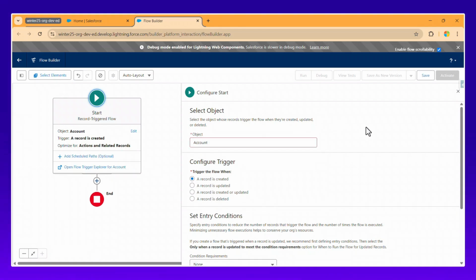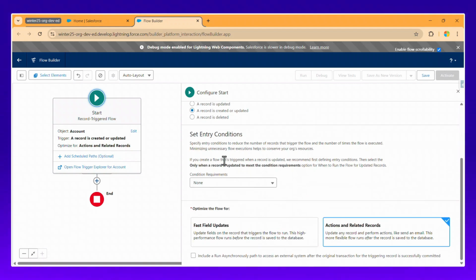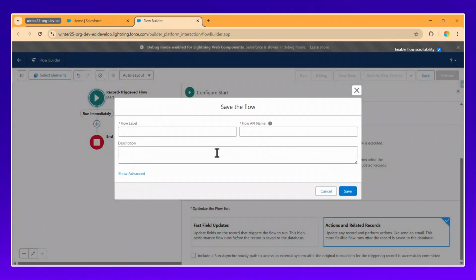I can use my Account object as the start object here, and configure the trigger for the flow when a record is created or updated. So I want to use this third option here. After that, there is no condition needed here, and select Actions and Related Records, because we are performing some actions on the related objects. So that's why you have to select Actions and Related Records. Just click on the Save button, and let's say